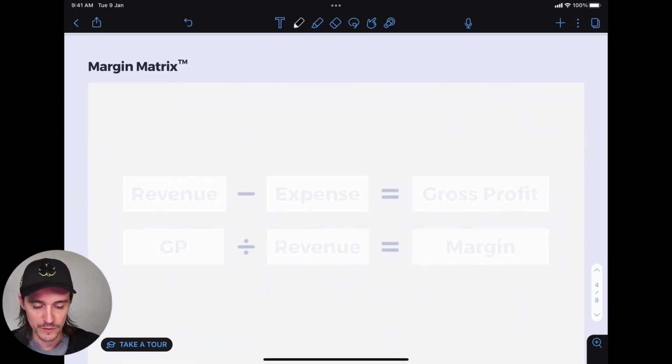So let's move to the next section, the margin matrix. The margin matrix is really just about helping you to understand what I'm talking about when I say the word margin. You're going to hear us say the word margin a lot. We're going to ask you, what's your margin? The reason we do this is because we want to have these broad calculations that we can do to say,